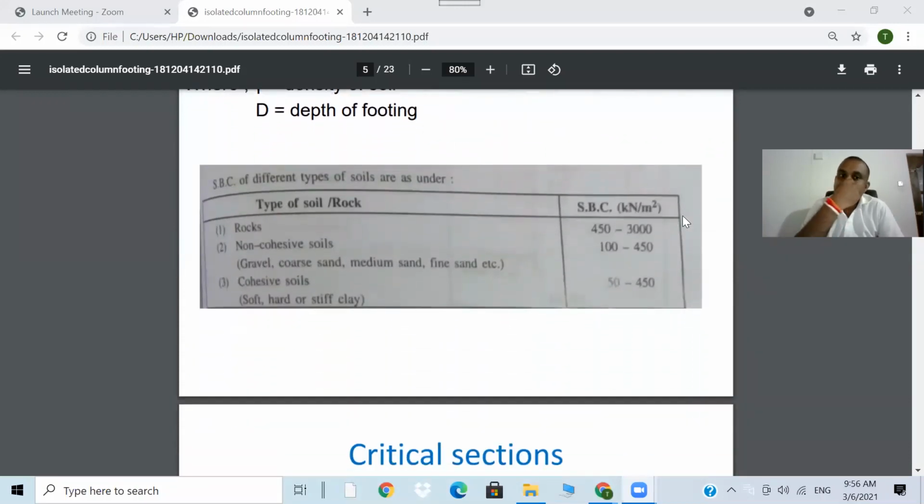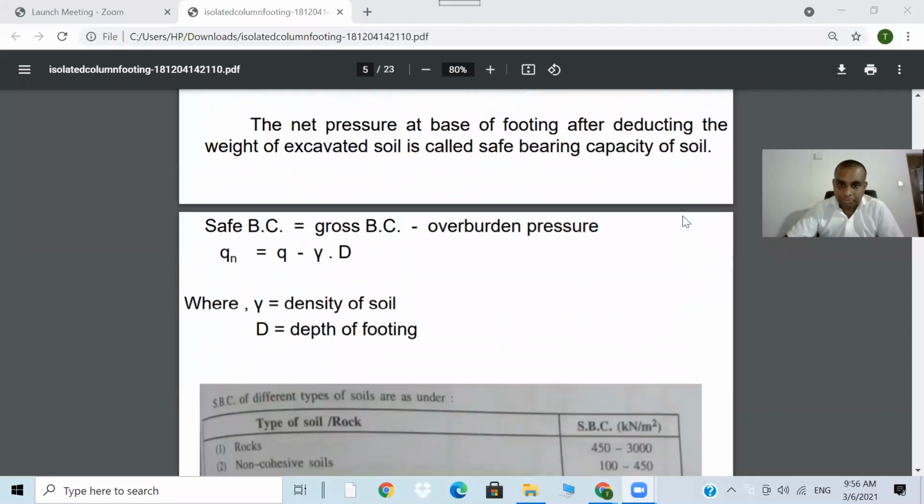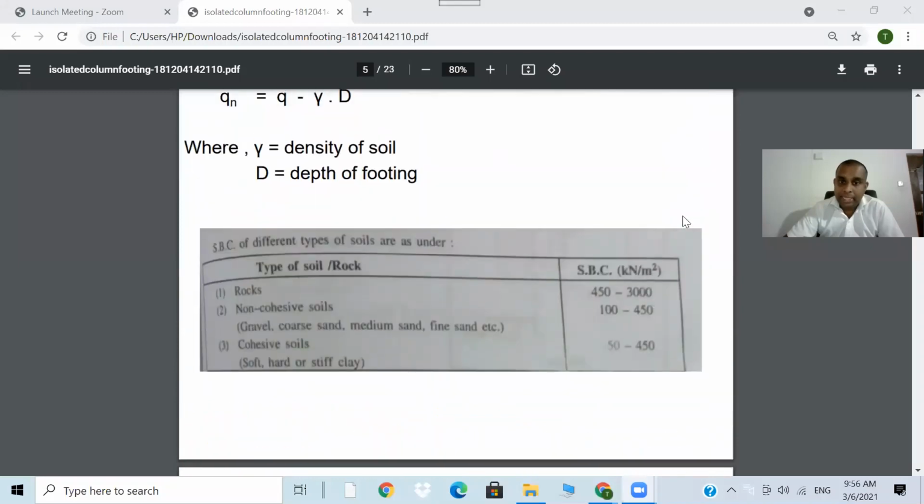You can see here the safe bearing capacity on rock is 450 to 300 kilonewtons per meter square. So if any foundations could be placed on the bedrocks,